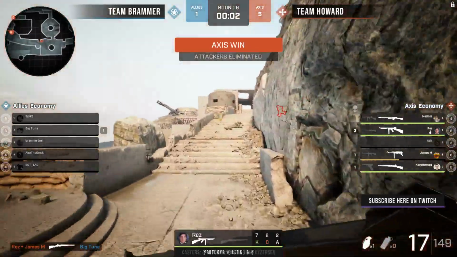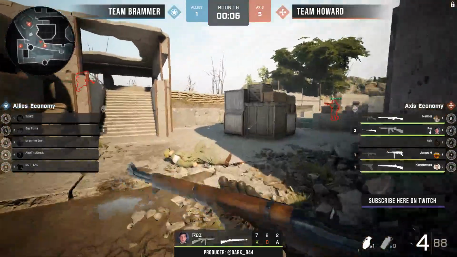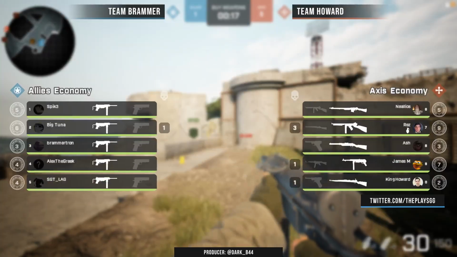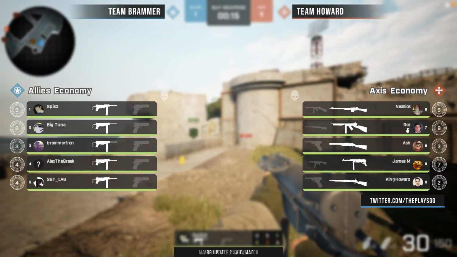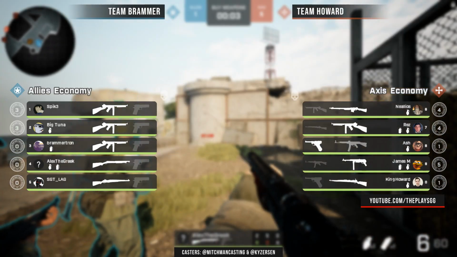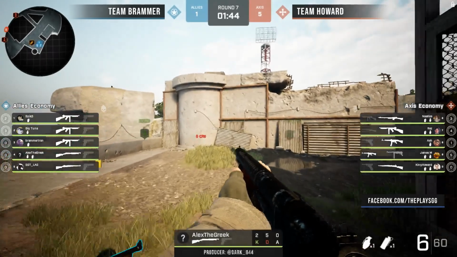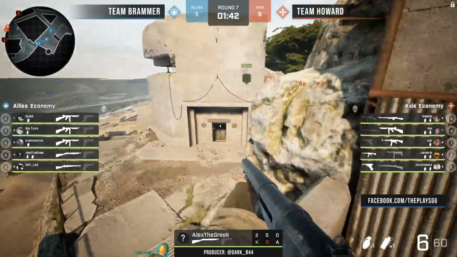And there we have it, Rez cleaning up the round, getting himself a 3K. Good round from him, only Tuna getting a kill, 4 people surviving, and 5-1 to Team Howard. Showing that their Axis is a lot stronger compared to Brammer's. And getting that early lead on the invasion. An important lead to